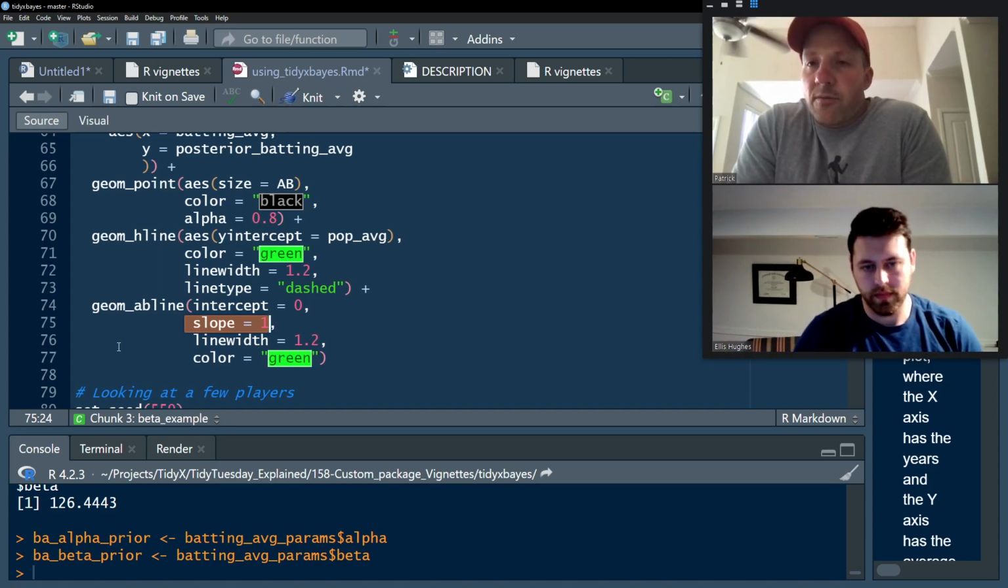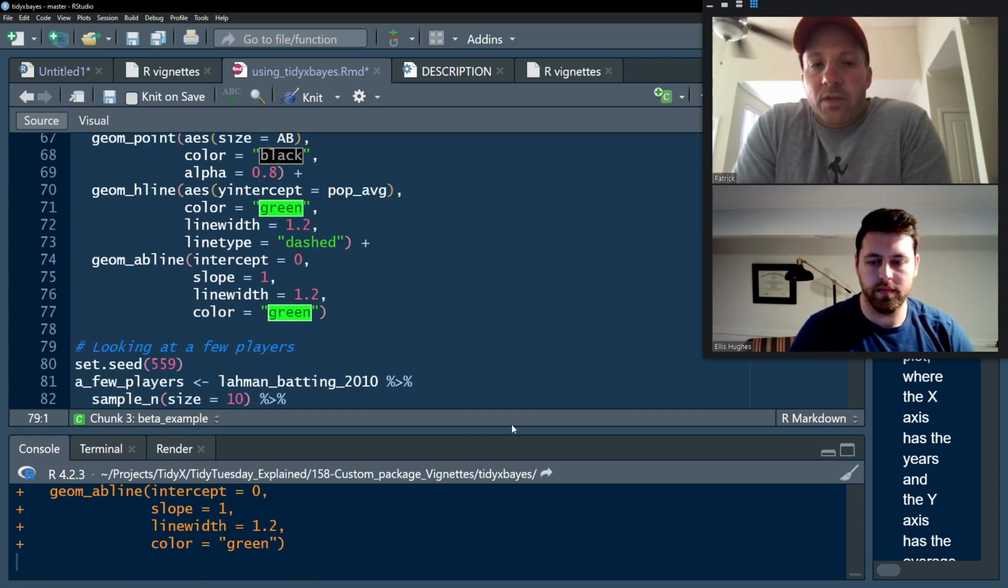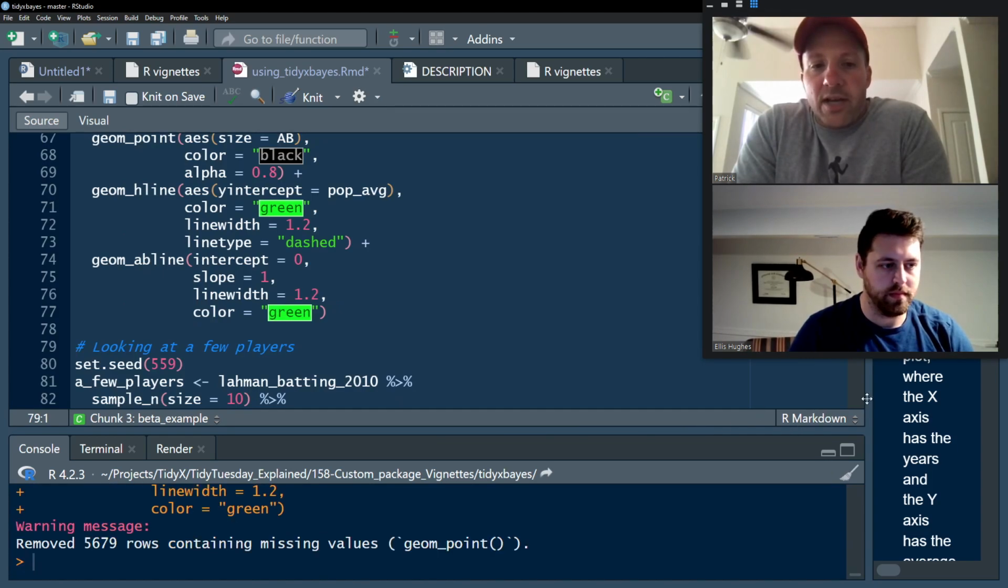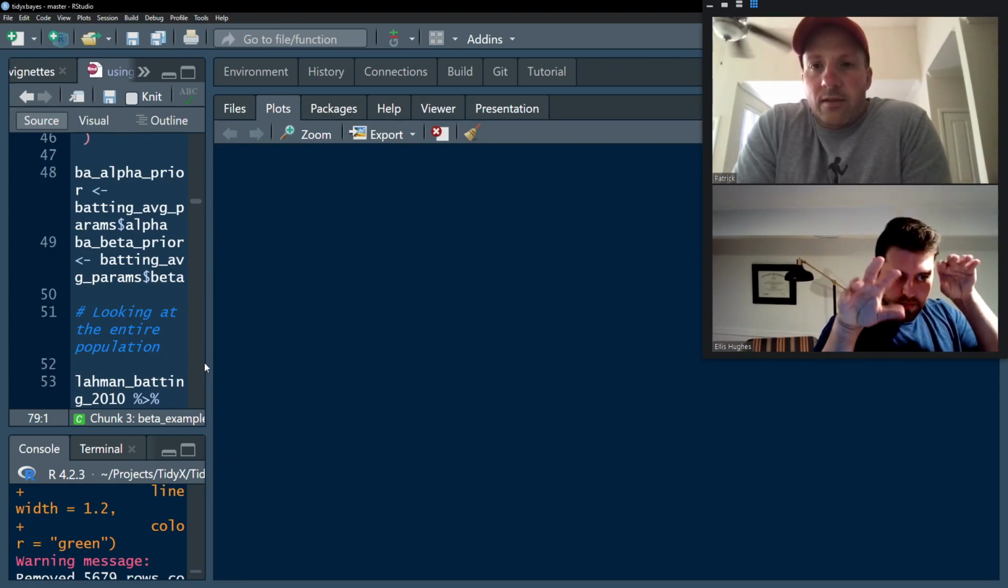So if the posterior batting average is exactly the same as the observed batting average, it will lie directly on top of this line. And when we run this little couple lines of code there, we're going to get a plot that looks like